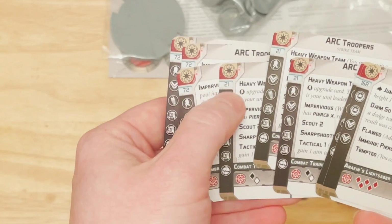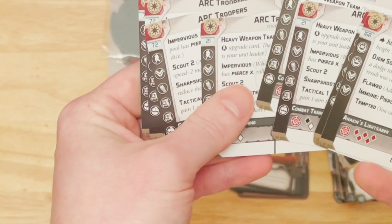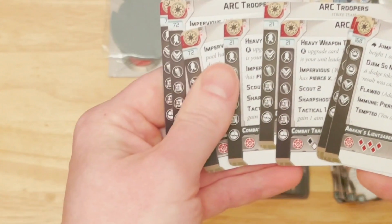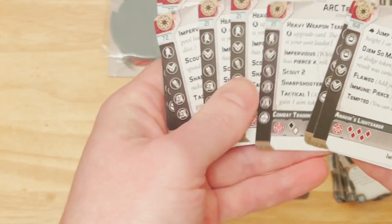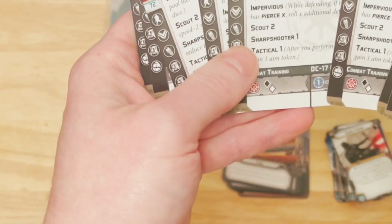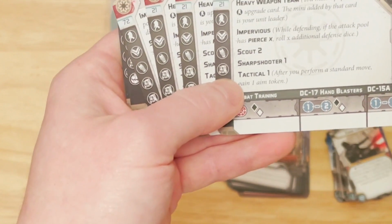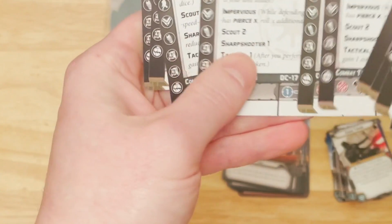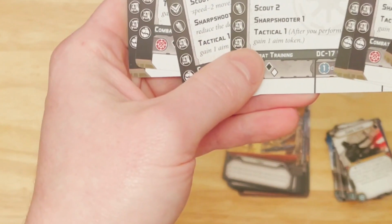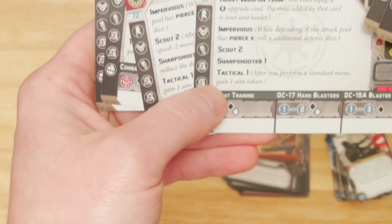Now this will go up and be closer to 72 once you upgrade. You have a couple options, but you have Fives and Echo in this, which are nice, and you'll see here in a minute what they can do. Echo, I believe, is the really good sniper. So with the ARC, both the strike team and the regular one are fairly similar, except for, again, 2 versus 5 people. Both have Impervious, so you can roll additional defense dice